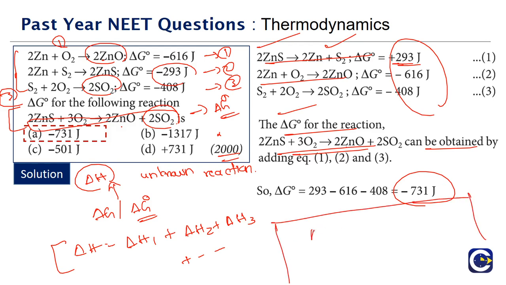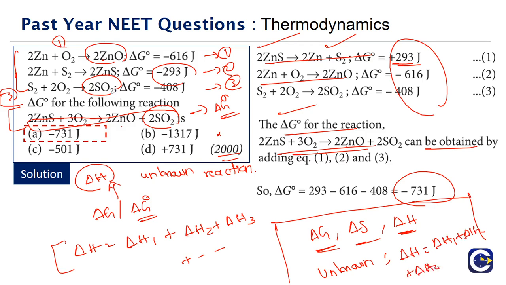Okay, so this is something that we can remember. For finding the del G or del S or del H, all of them we will have the same approach of an unknown equation. So if you want to find the delta G or delta S or delta H of an unknown equation, the del H of the unknown equation is equal to the sum of enthalpies of the individual reactions, that is the Hess law approach. So we will follow the same Hess law approach when finding the del G of the overall reaction and del S of the overall reaction also. So it is the same approach basically.